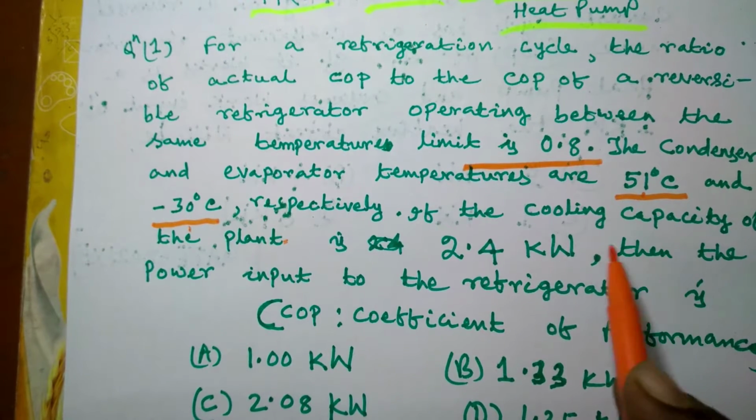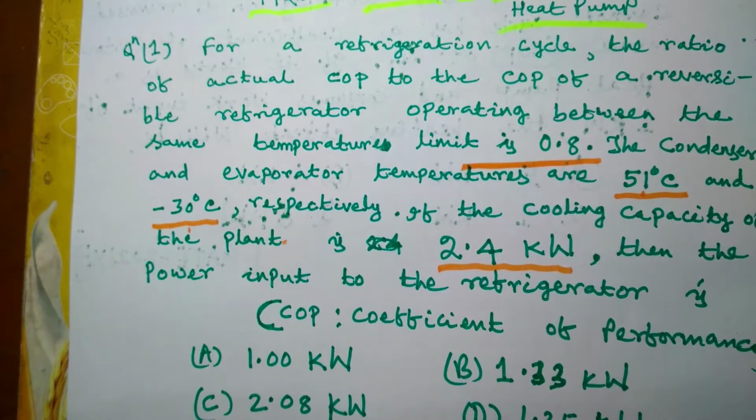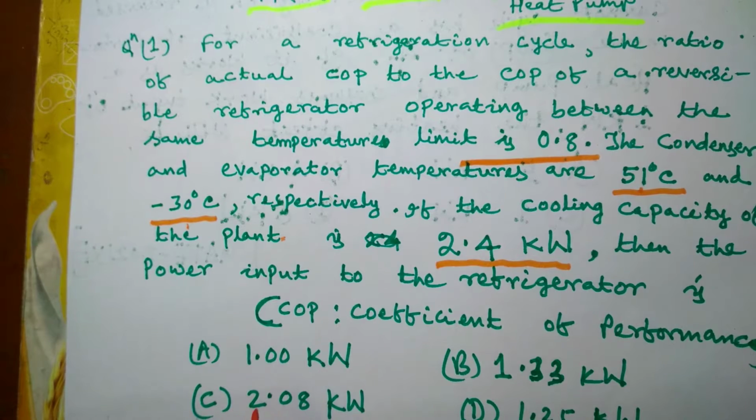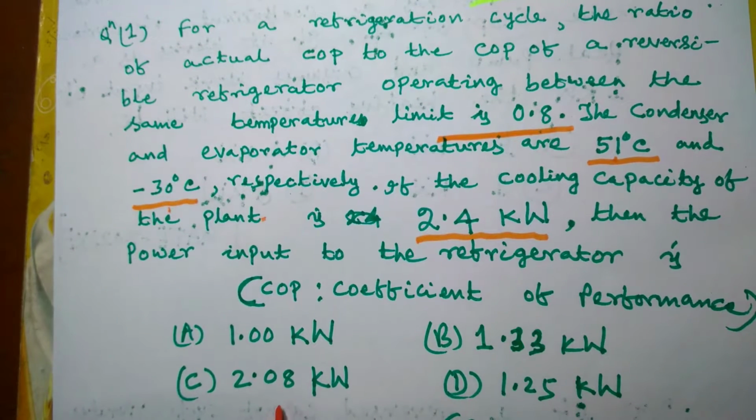If the cooling capacity of the plant is 2.4 kilowatt, that means the capacity to remove heat, which happens in the evaporator, then the power input to the refrigerator is how much? The options are 1 kilowatt, 1.33 kilowatt, 2.08 kilowatt,